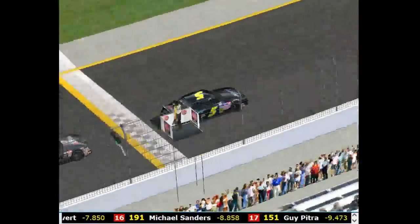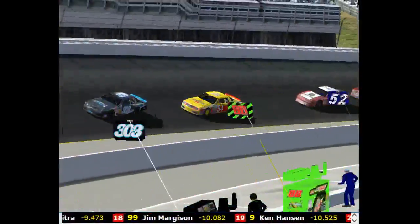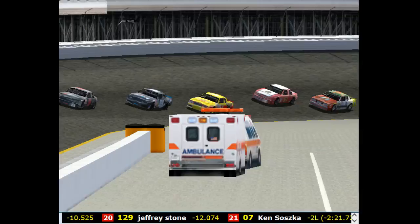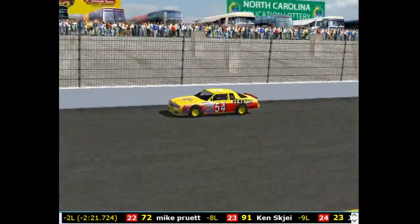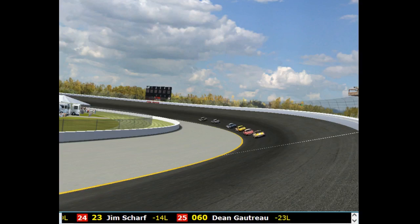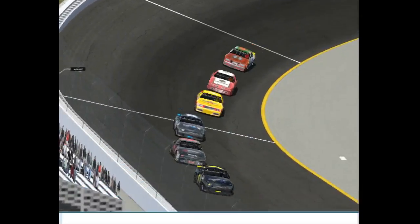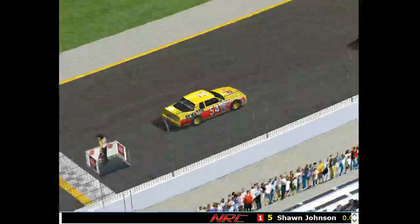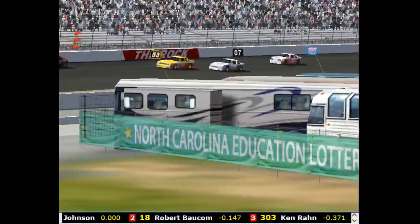And Sean continues to lead here with the 18 and 303. There we see our first interloper to the Balcom Motorsports triumvirate at the front, 54 Bill Yarbrough, who I'm sure would love to break up that threesome there. But Dave Jandry and Derby Don have continued to maintain their positions as well. And again, as I said, that's part of that lead pack, and we can see behind Derby Don,